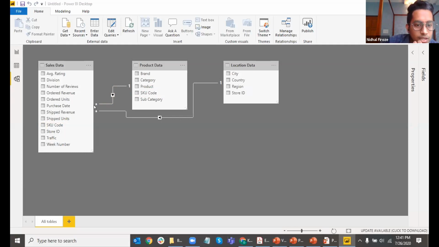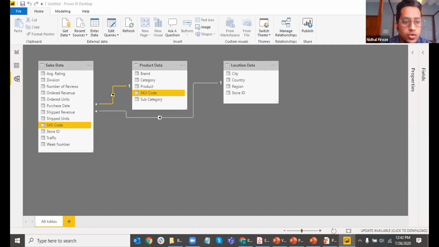So many-to-one relationship means that the sales data, for example, for this SKU code. And what is SKU? SKU is a term in retail that you will see a lot. It is stock keeping unit. Every type of product will have a stock keeping unit, which is just like a product ID. One type of shoes will have a product ID, another same shoes of a different size will possibly have another product ID. It's different in how different brands manage it. But SKU code is the code for that product.